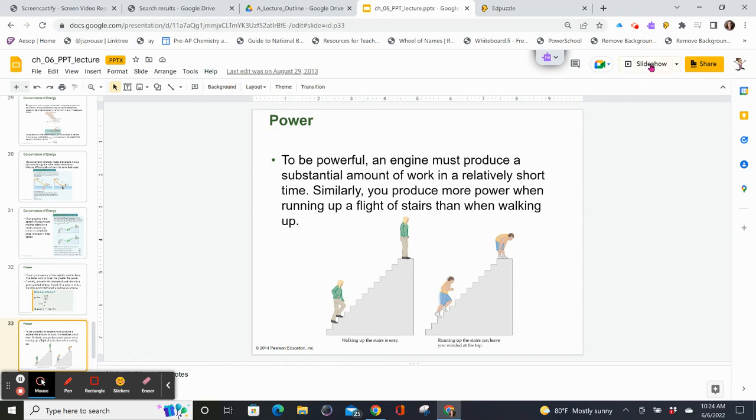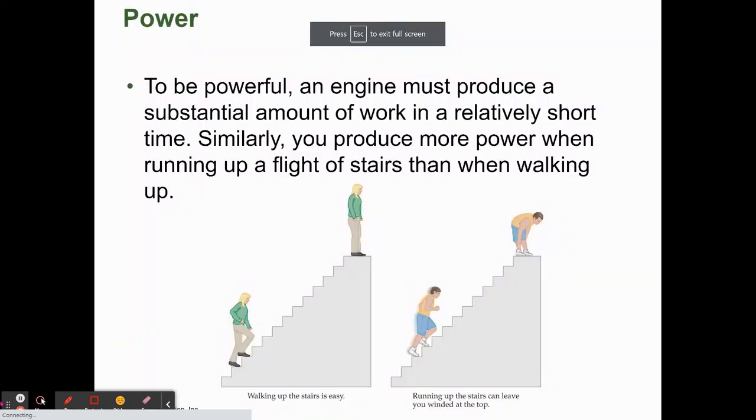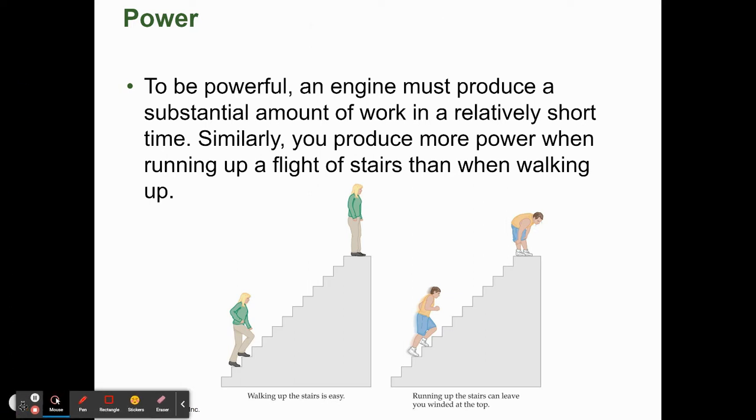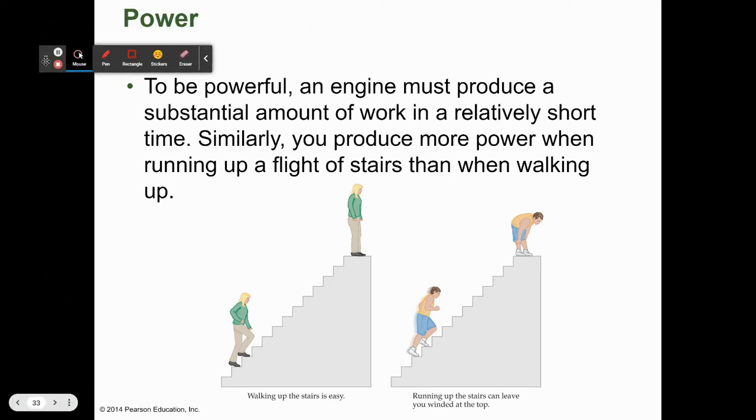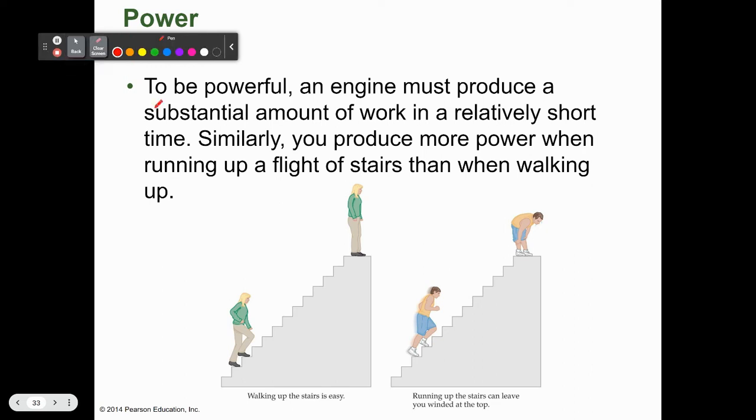Okay, so this is our last section of chapter 6. We're going to talk about power in this section. To be powerful, an engine must produce a substantial amount of work in a short amount of time. So the difference between work and power,